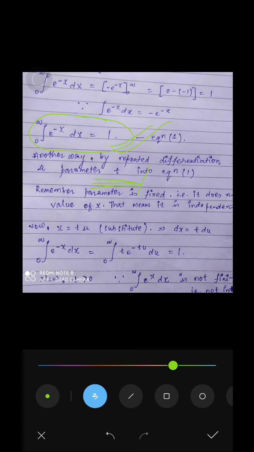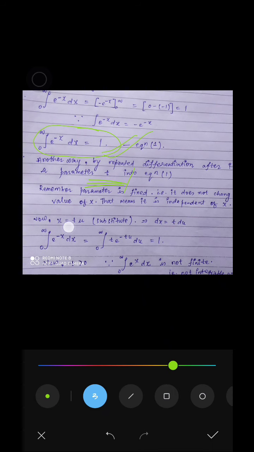So since we are going to introduce a new parameter t, let us substitute x is equal to t times u in the equation over here, so that we can start our method. And since t is going to be an independent parameter, which is independent of the variable x and also u, if we differentiate this equation, we are going to get dx is equal to t du, since t is going to be a constant in this equation with respect to x and u. Okay,